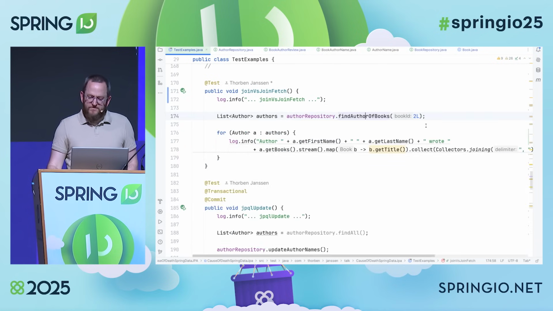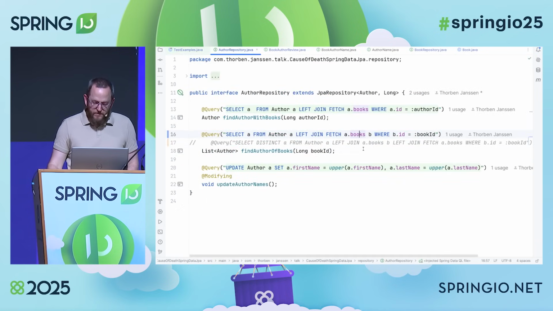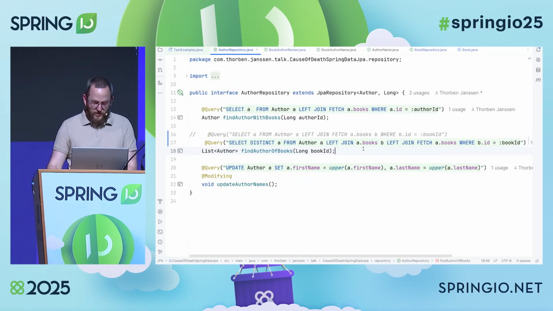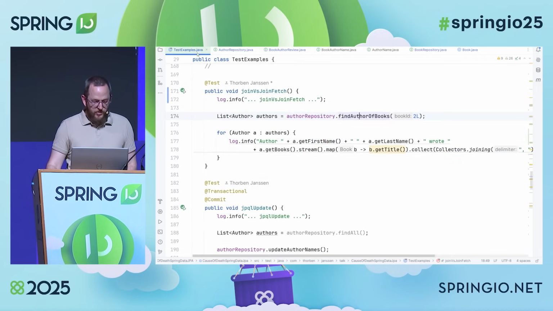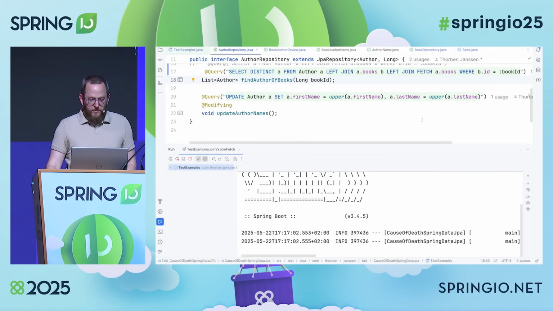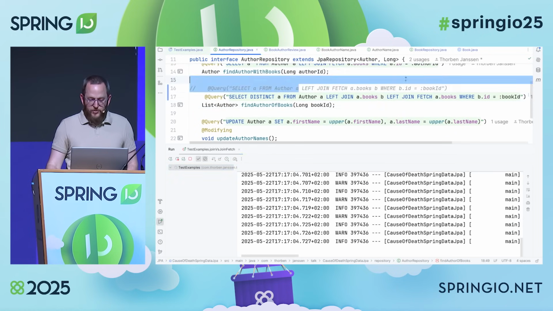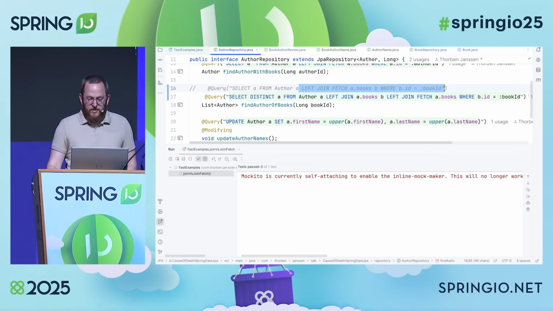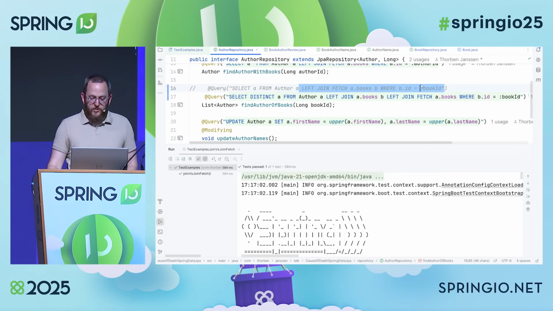Well, it might look okay here, but that changes if I switch the query statement and rerun the test case. So what's the difference here? Now, instead of using a left join fetch up here and using that also in the where clause, I use two joins.